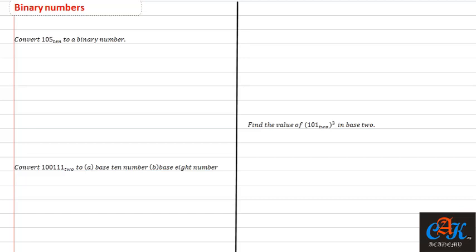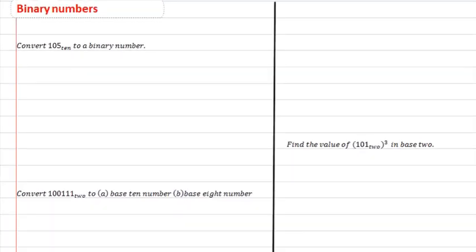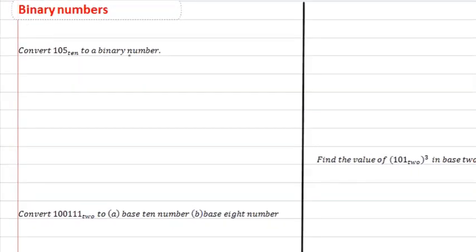Now we're looking at binary numbers. Convert 105 base 10 to a binary number. When you say convert to a binary number, it simply means convert to base 2. So binary is bi, which is 2. Just know that it's base 2 we're converting into. So to convert base 10 to base 2, we're going to use that